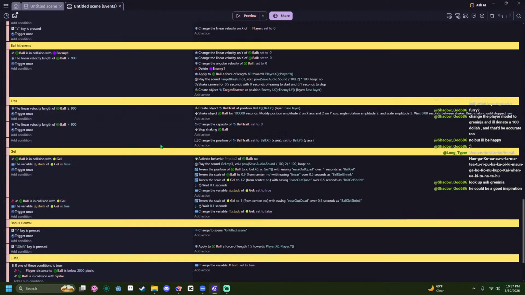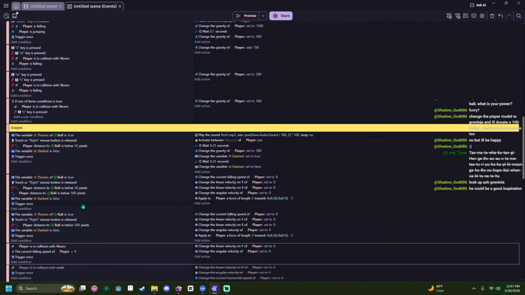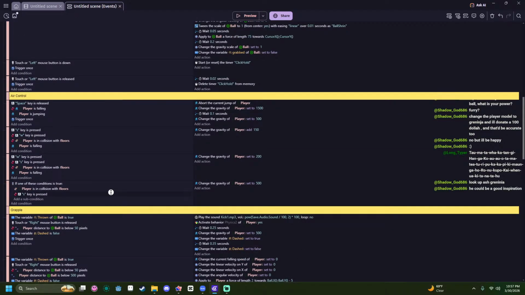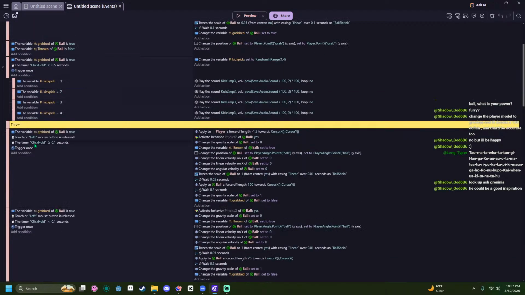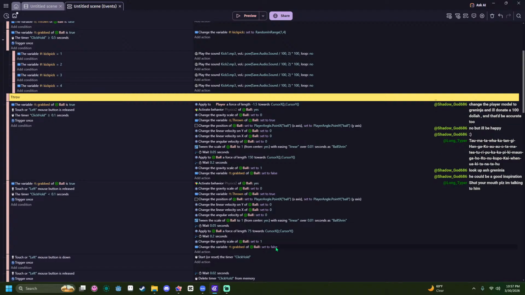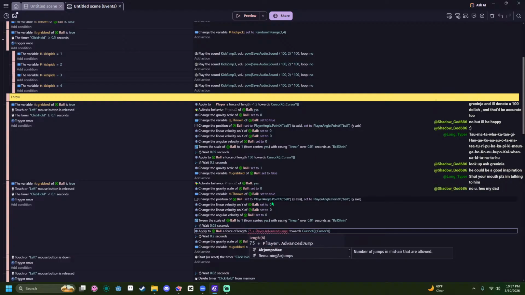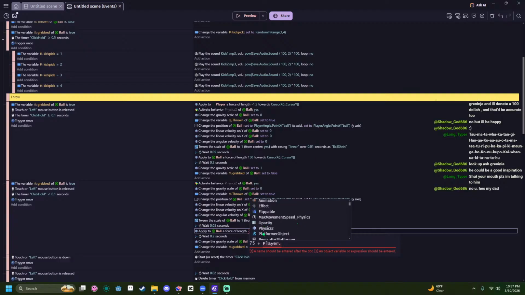You know what we should do? Whenever we throw it... Dude, my broken mouse, bro. When we throw it, okay, so the weak throw, which is the one below this one, I think we should add the player's velocity to it. What do we have for platformer object?